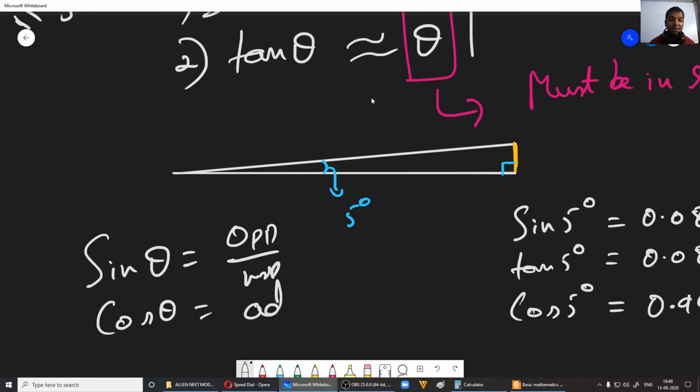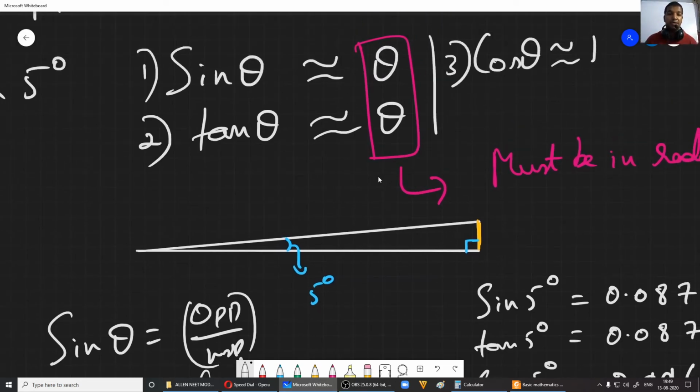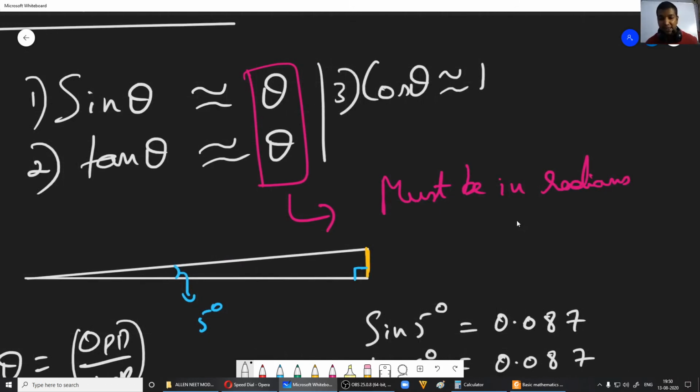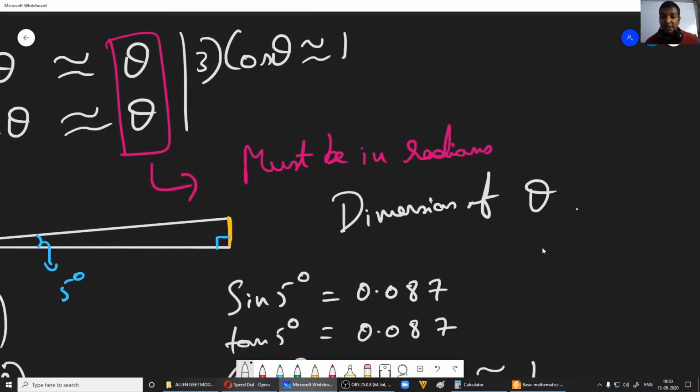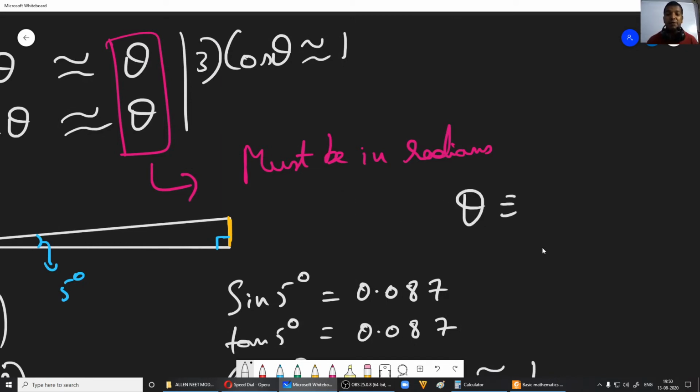Cos theta is adjacent divided by hypotenuse, correct? So cos theta and sine theta are basically unitless and dimensionless quantities, correct? Now theta has a unit, the standard unit is radians, however what about its dimensions? The dimensions of theta is nothing, it doesn't have any dimension. So theta is dimensionless, because it's a ratio of two lengths, correct?